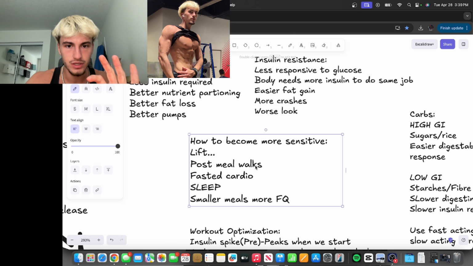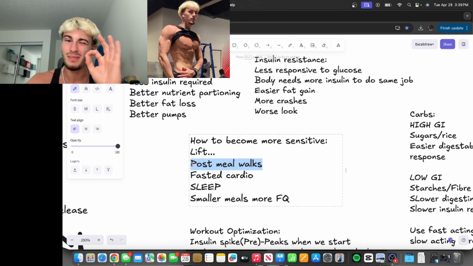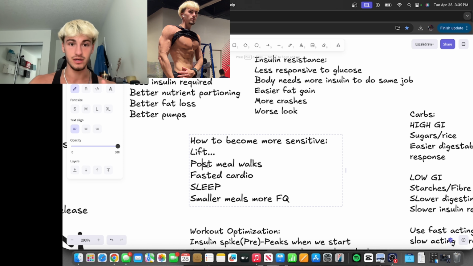This right here is the reason why I'm able to eat 3,700 to 4,000 calories a day and not gain any weight, with 600 to 650 of those calories being carbohydrates. Okay? Post-meal walks, most insane thing ever invented. Digests everything better, increases your sensitivity. Number 3, fasted cardio. Dude, AMPK,